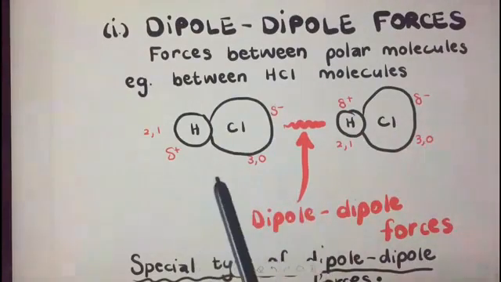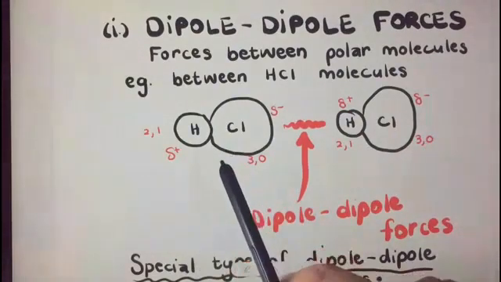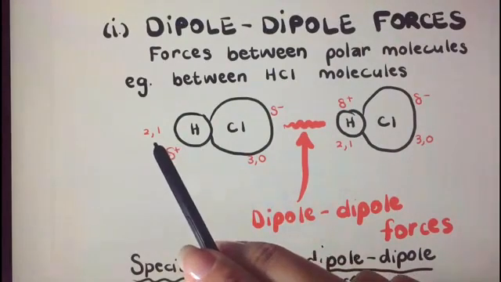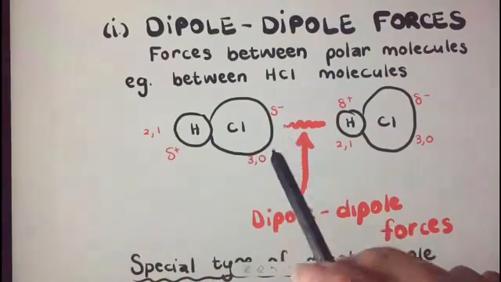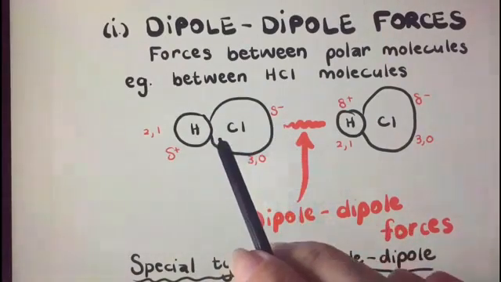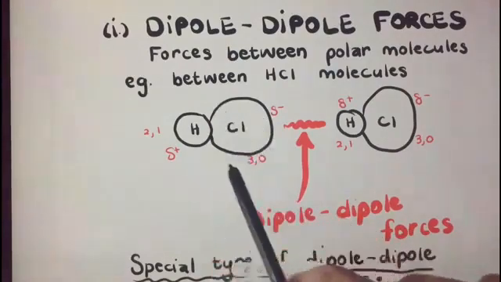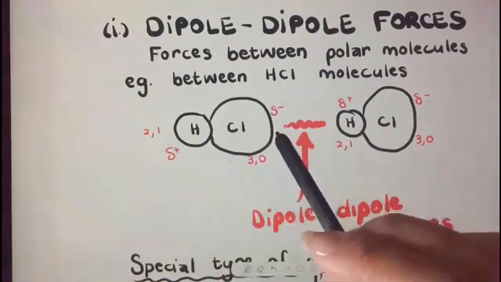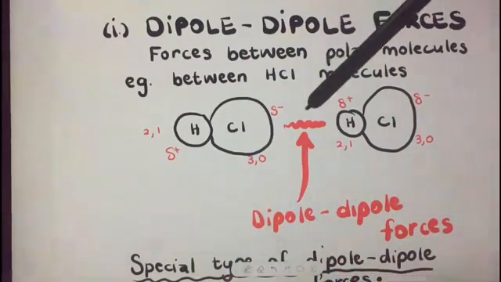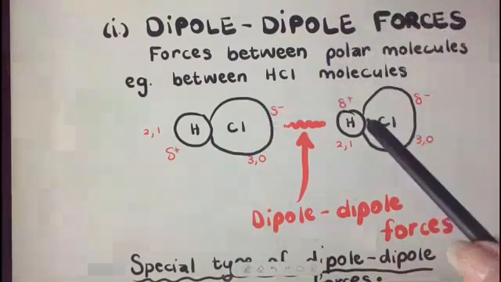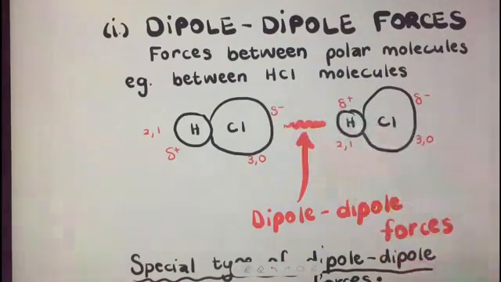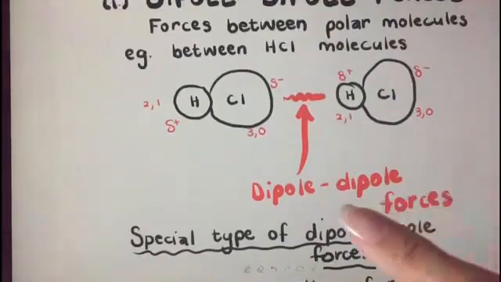We all know this is going to be a polar molecule because hydrogen electronegativity 2,1, chlorine 3. The bond that forms is going to be a polar bond. The molecule is going to be a polar molecule with a slightly negative and a slightly positive side. And this attraction between the two molecules, this slightly positive side and that slightly negative side, is referred to as